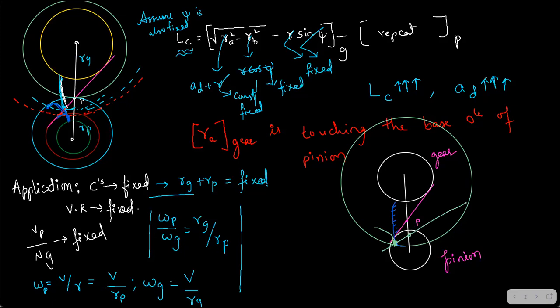What is according to the law of gearing? According to the law of gearing, P should be a fixed point. But here, P is not a fixed point. P is changing, right? So that's why we cannot go and dig under the tangent point. This won't satisfy the law of gearing.